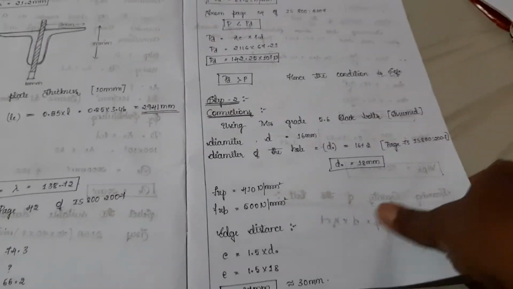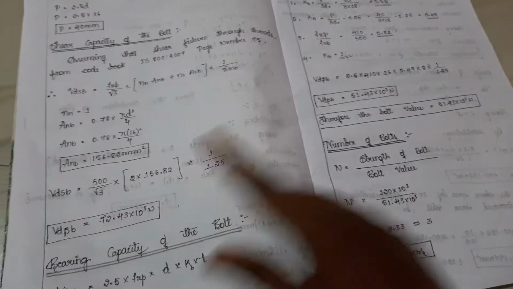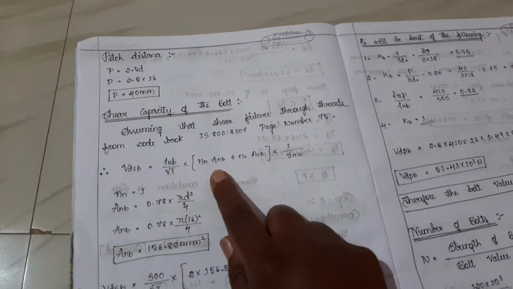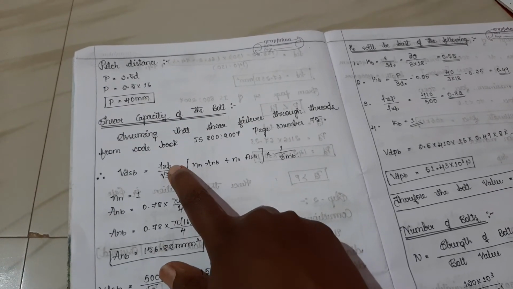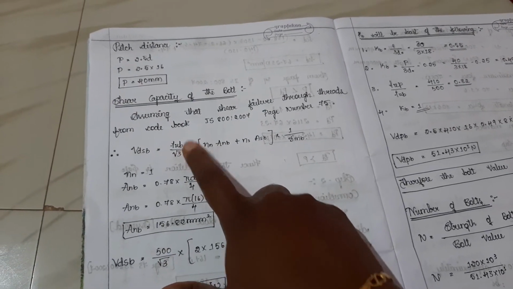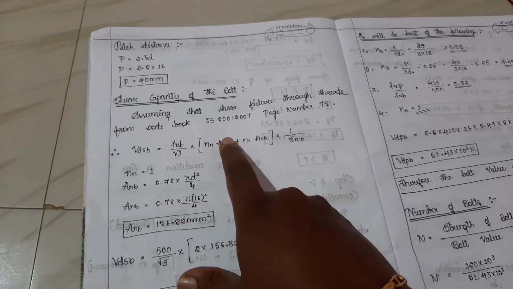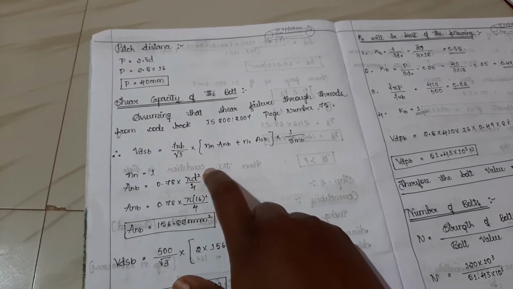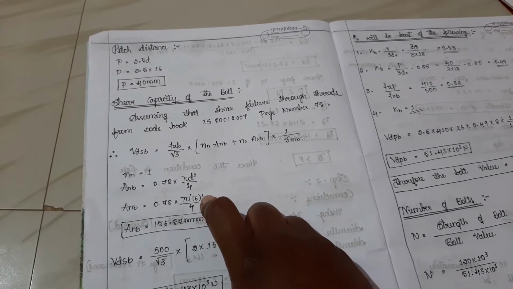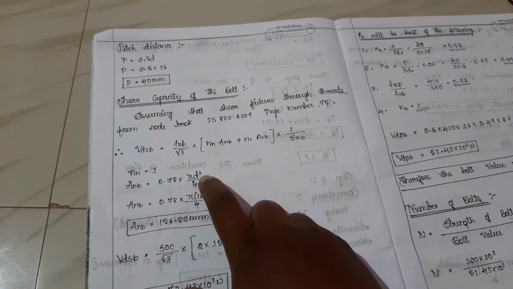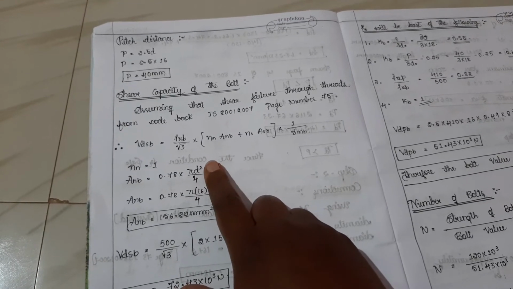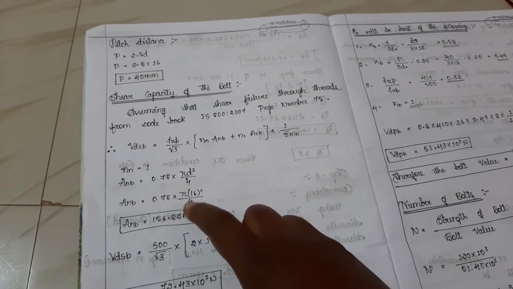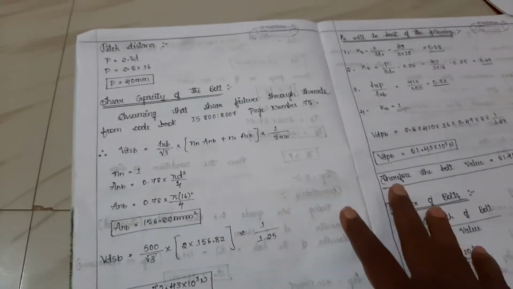Now to substitute, n_n is always 1, take it as 1. f_ub is known, the ultimate stress of the bolt, 500. And for A_nb the formula is 0.78 into pi/4 d squared. What is D? It is not D naught. There is a hell of a lot of difference between D and D naught. Please be careful, this is D. D means 16, as given. Substitute that value and you will get your A_nb value.